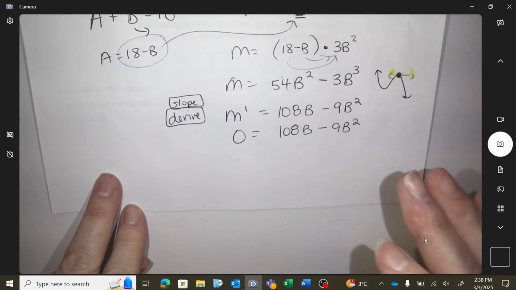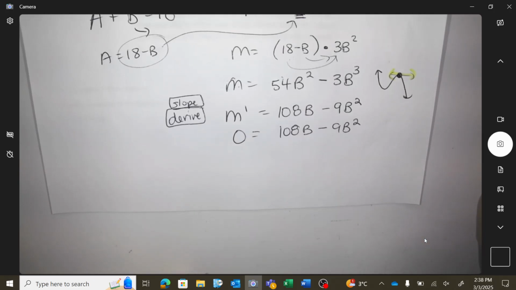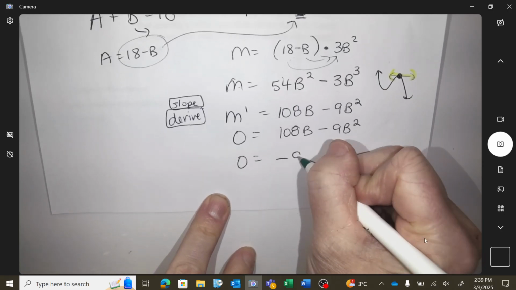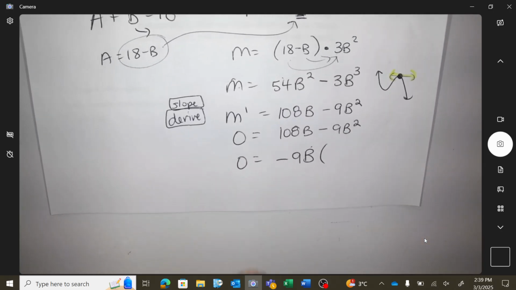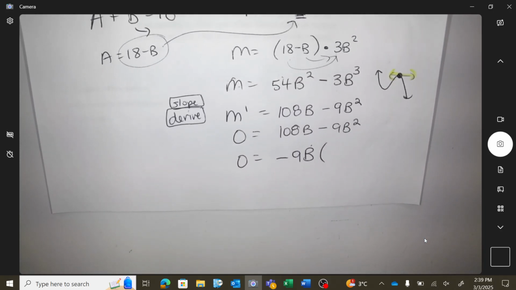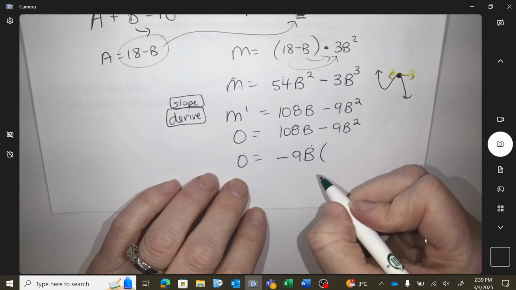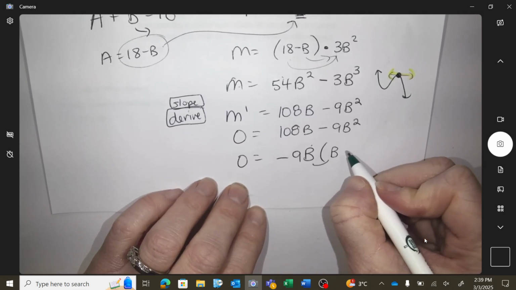Okay, derived, I put my derivative to 0. And what would I need to do in order to solve this? GCF, right? Can I pull a negative 9b out? Do you like that? Negative 9, and I pulled a b out. So I'd have to times it by